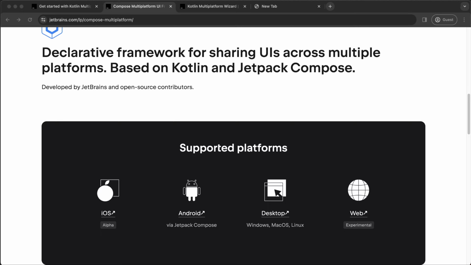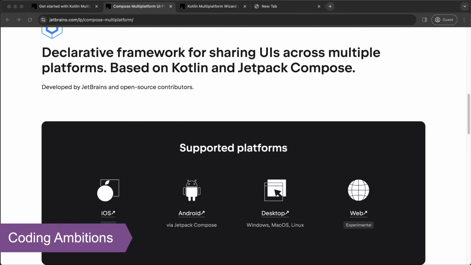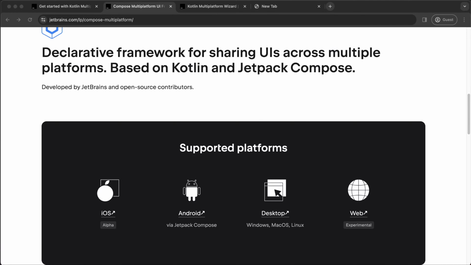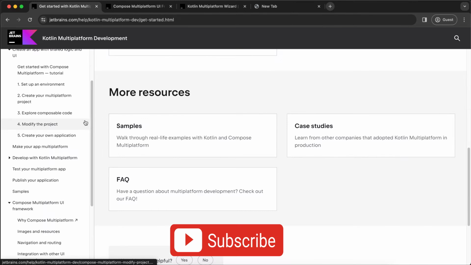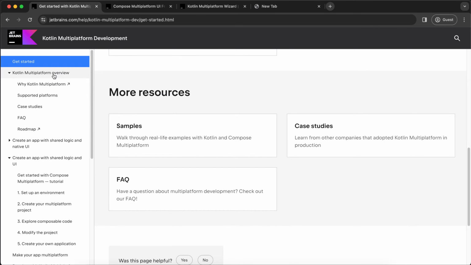Everyone. In this video we will learn about Compose Multiplatform. Let's continue with that. In the previous video you can check out how we can create a Kotlin Multiplatform app. So regarding Kotlin Multiplatform,